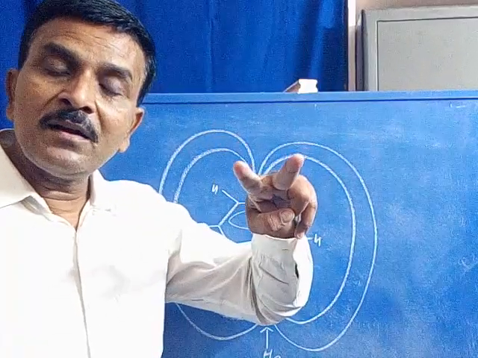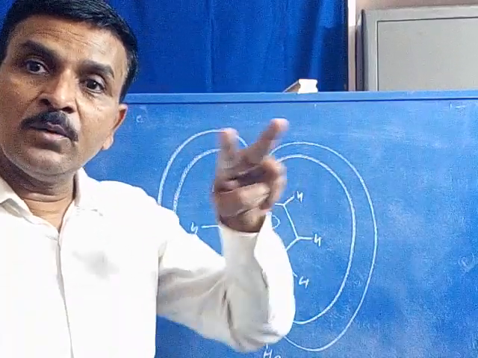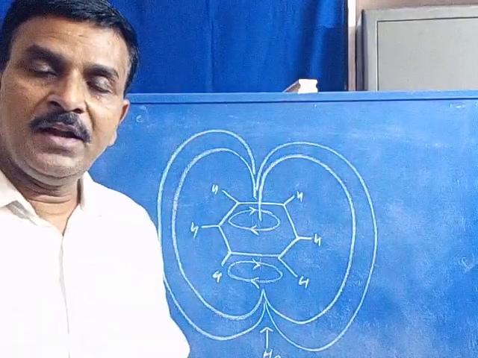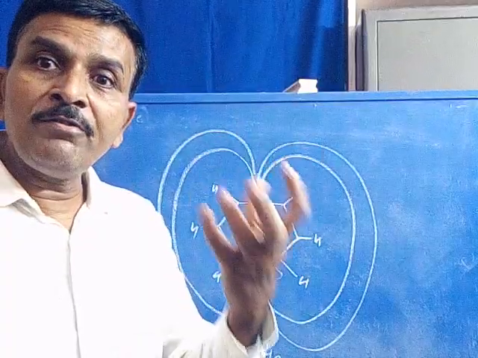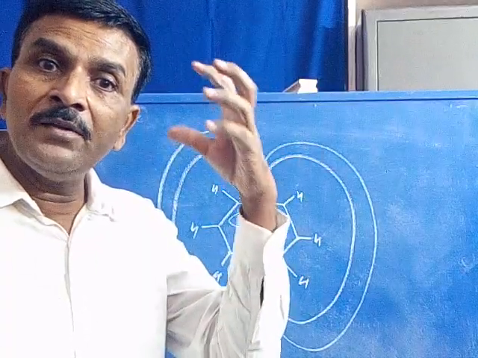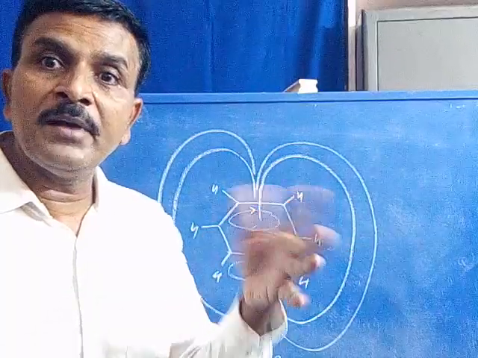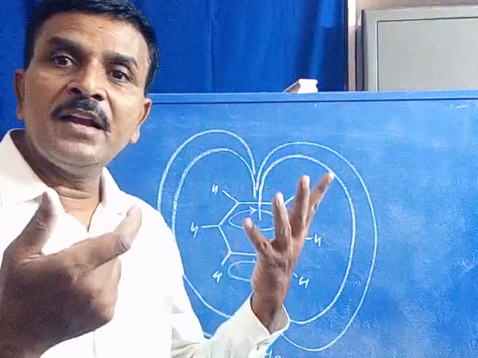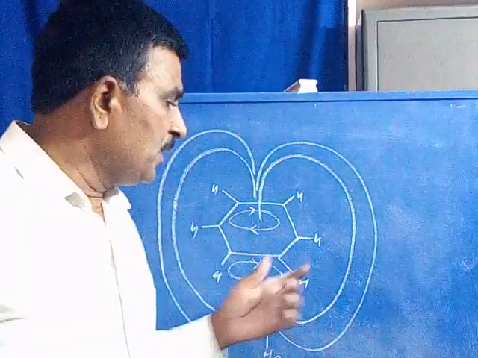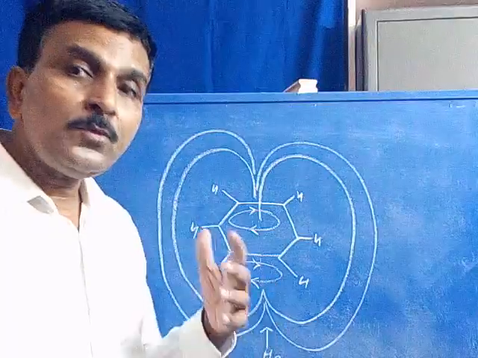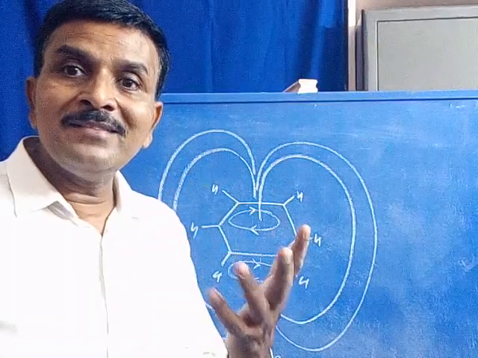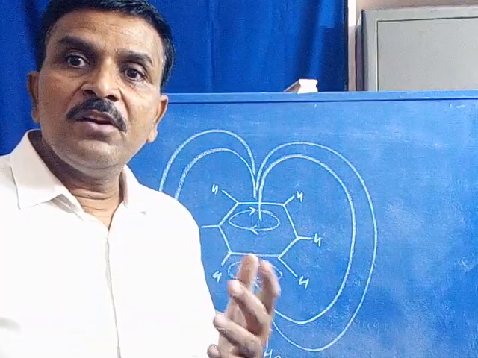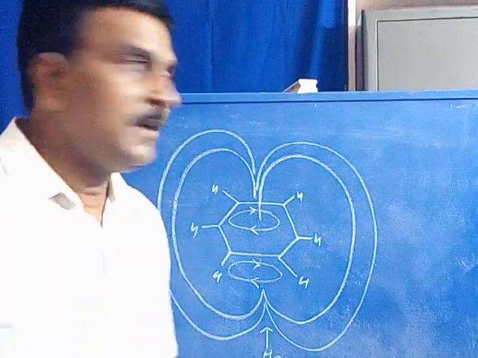When 2 pi electrons are involved in the circulation, it produces a lesser amount of secondary magnetic field, whereas as the number of electrons involved in the circulating pi electron cloud increases, the extent of secondary magnetic field also increases. That is, in case of benzene, a large amount of secondary magnetic field is generated, hence it is called ring current. Ring current.